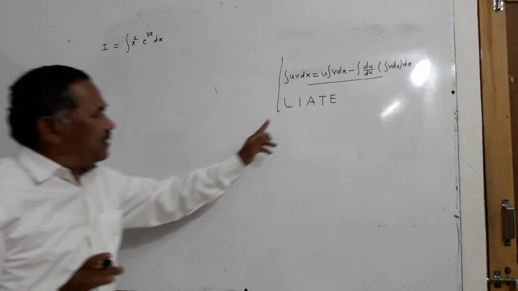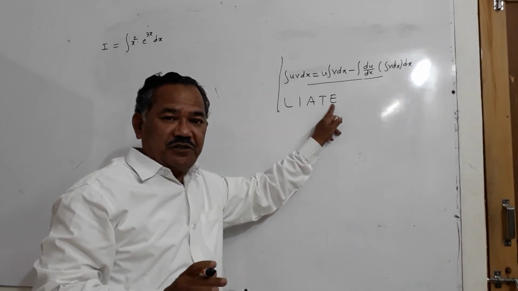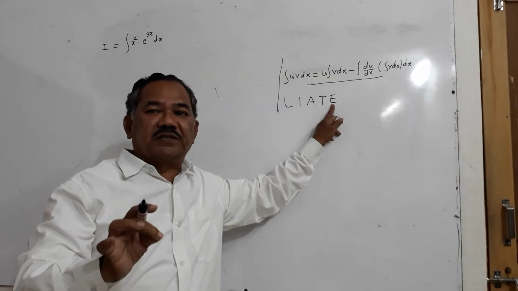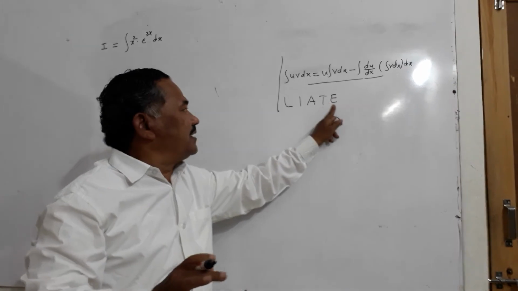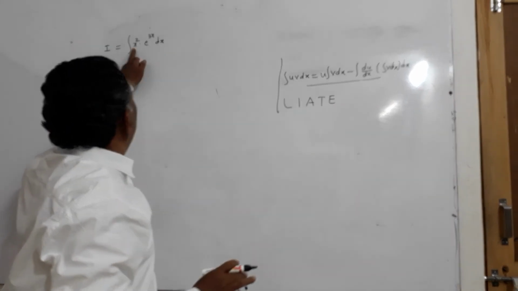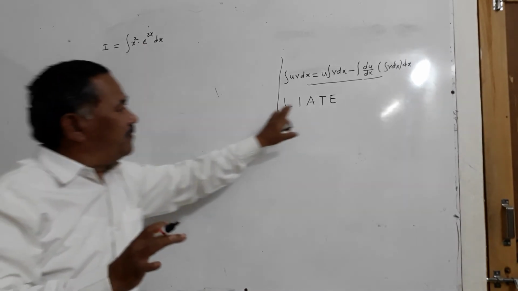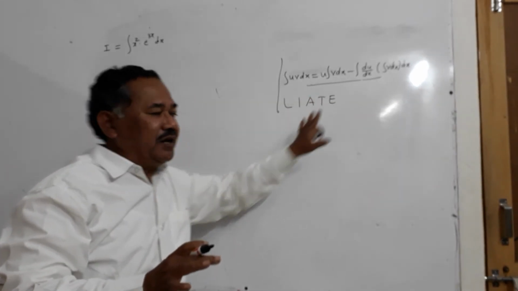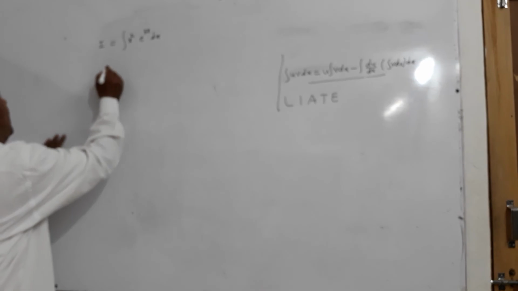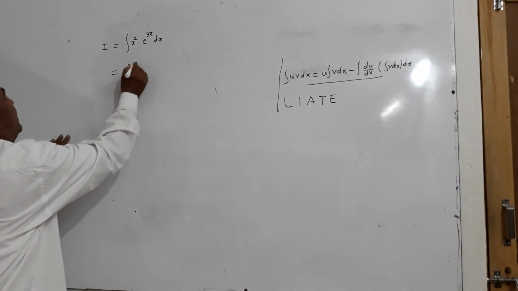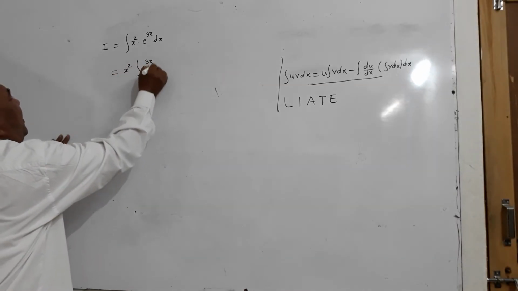That is this terminology. This is an exponential function. Exponential function means 2 raised to x, 3 raised to x, e raised to x, in this manner. First algebraic and then secondly exponential function we take, because here it is first algebraic and then exponential. Therefore remember this part. Here immediately x square as it is, integral of e raised to 3x into dx